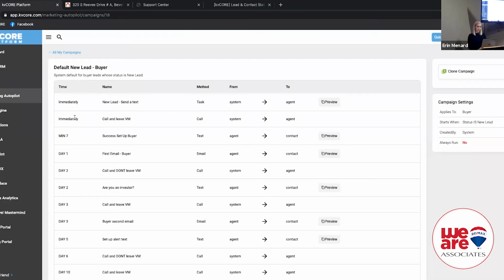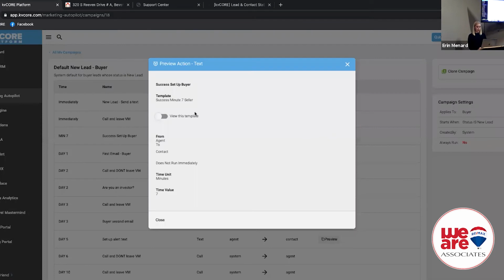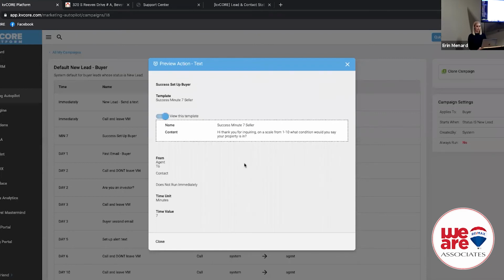Now, the next thing it's going to do, again immediately, is leave a reminder. The system is going to remind me, the agent, to call this lead and leave a voicemail. Now, at minute 7, so 7 minutes after they come in, we're automatically going to have the system, where it says agent to contact, do that for you automatically. You can see that we are going to see the text message. We can see exactly what that text message is by viewing that template. It's going to say, hey, thanks for inquiring. On a scale from 1 to 10, what condition would you say your property's in? And I think I've messed this up on mine. Maybe it's different, but